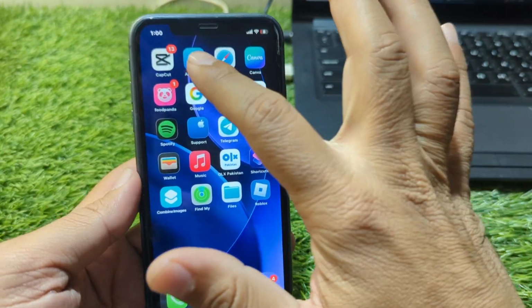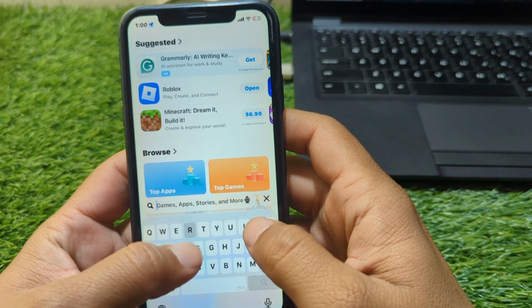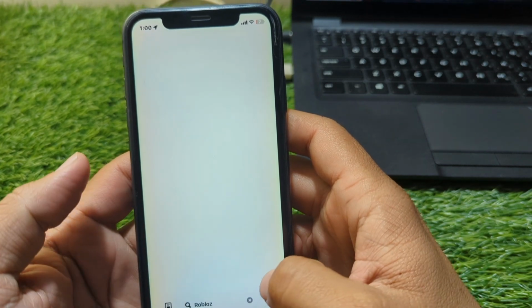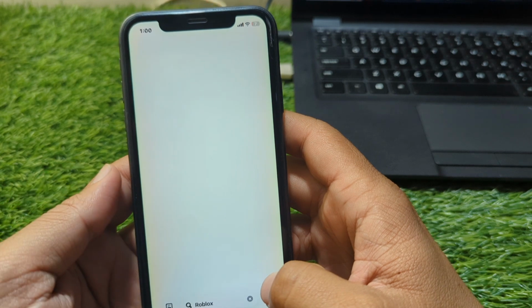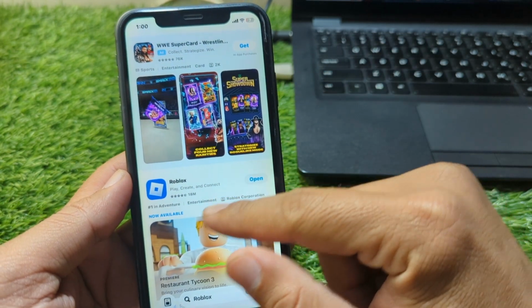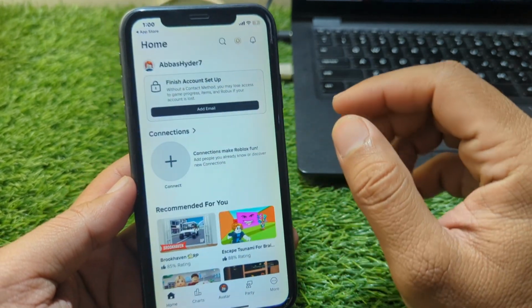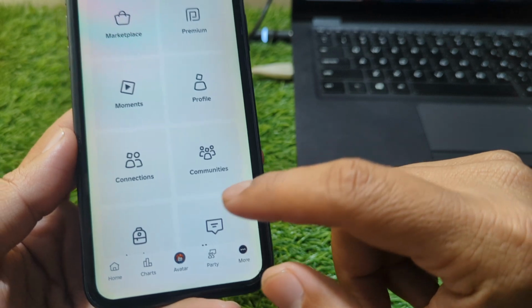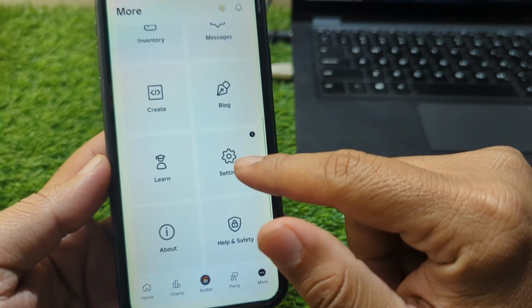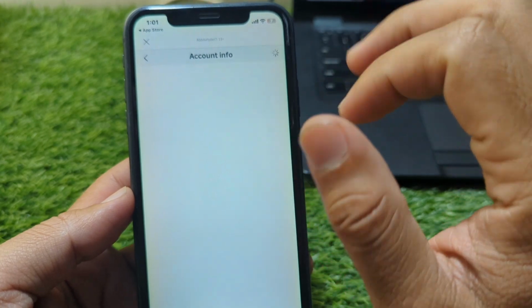First of all, you have to simply open App Store and search for Roblox from here. So guys, simply search for Roblox. And now update your Roblox app to the latest version. So guys, simply update it and after this open it, and now you have to tap on more from here and then scroll it below and go to settings and now go to your account,